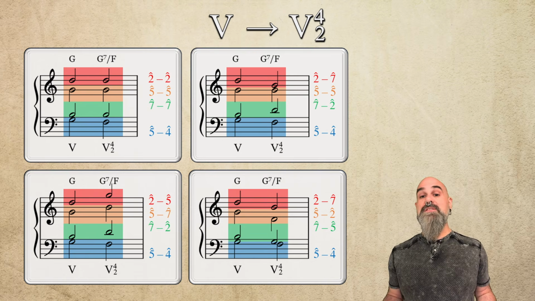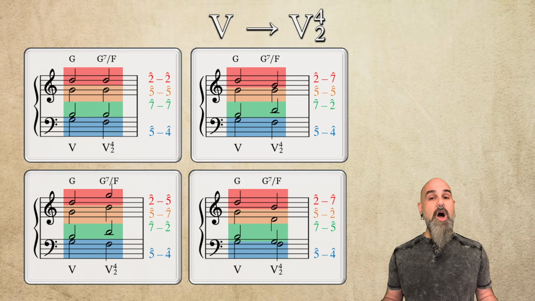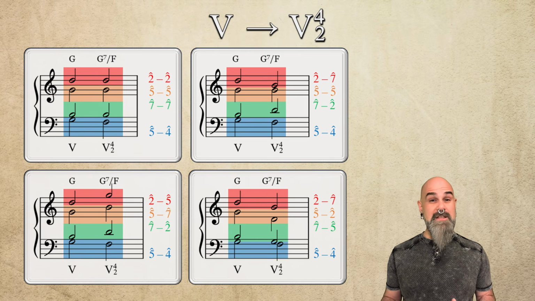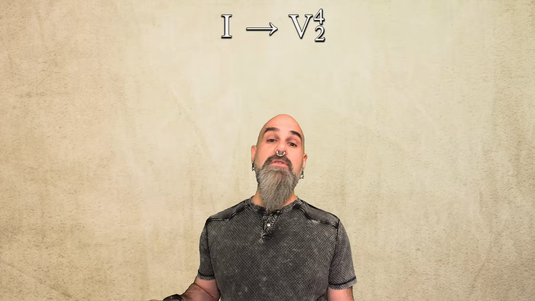The cool thing is, these are all possible because as long as all 4 members of the 5-4-2 chord are present, you cannot create any illegal parallel or similar fifths or octaves. Okay, now let's see another way to get into the 5-4-2 chord, just coming from a good old root position